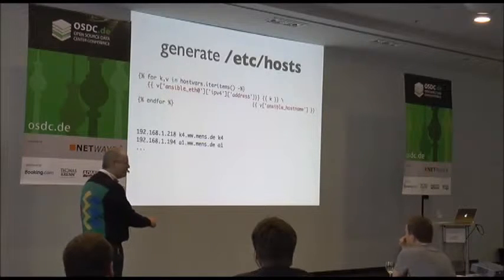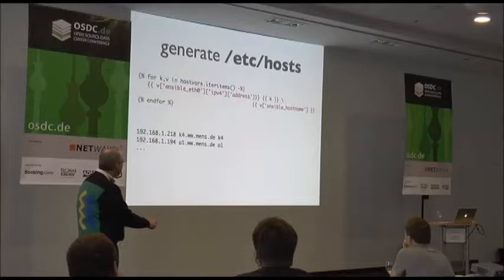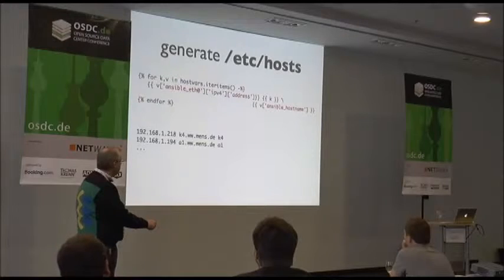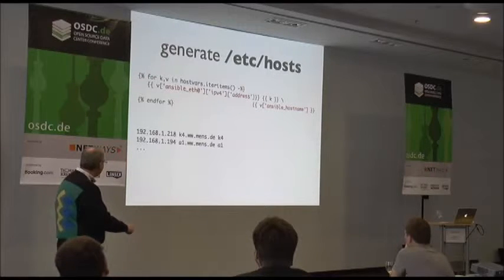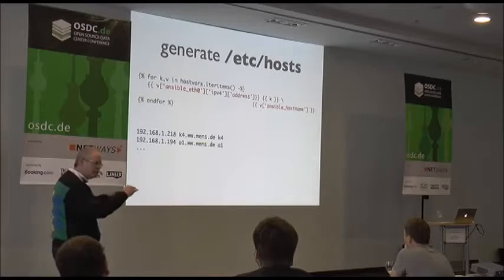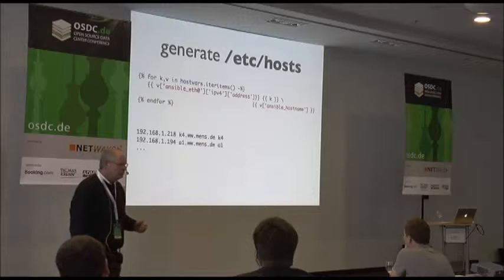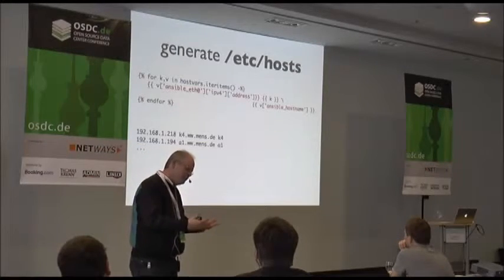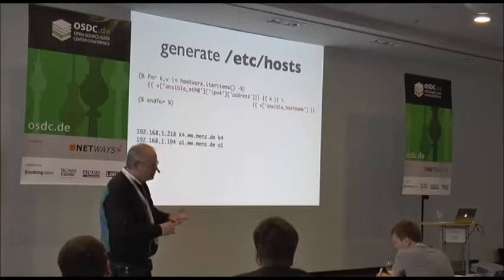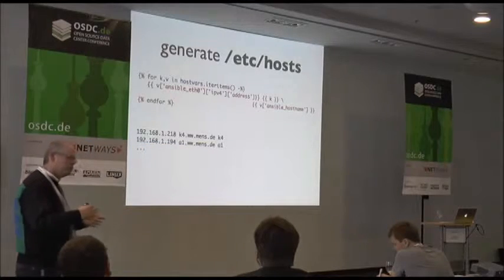So we iterate through these hostvars and grab the Ansible eth0 interface and the IPv4 address of that, and replace it by the Ansible hostname. Sorry, not replace, but output Ansible hostname and the key. So the result is a list of IP addresses, fully qualified domain name, and short name. Yeah, like an /etc/hosts file. Not that this is practical, because I hope you don't particularly use /etc/hosts, but I wanted to demonstrate that